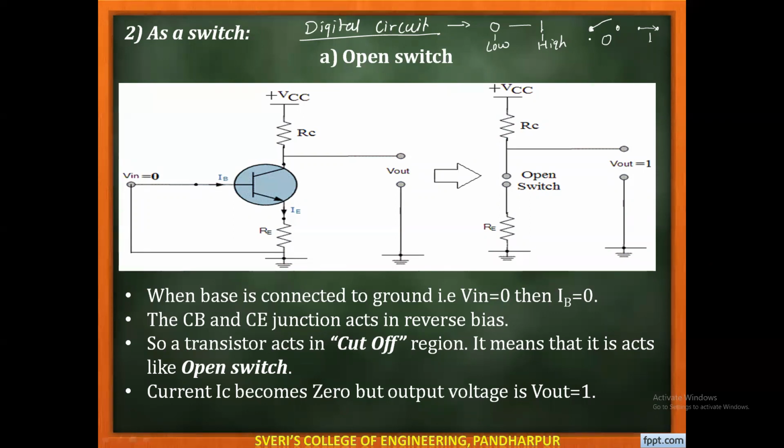Get my point? And now see what happens actually. When the common emitter configuration is operated in the cutoff region. Now you should understand what cutoff region means. Cutoff region means what? When both the junctions are connected in a